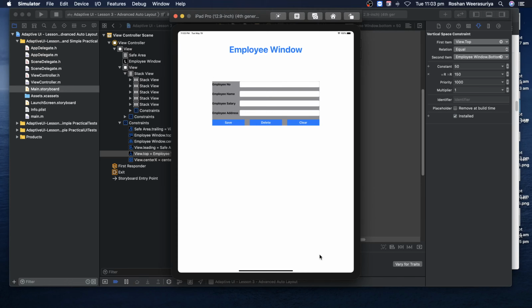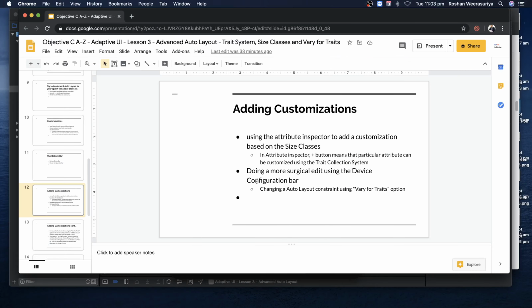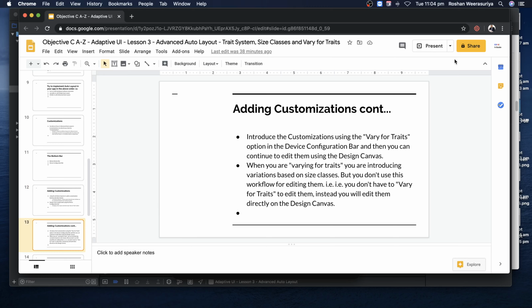Just in case you're a designer, if the gap looks like too much, maybe it's not 150, maybe you put 100. It depends on what the designer says. But now we are learning this advanced auto layout. Okay, so that is a more surgical edit using the device configuration bar. So if I move forward,